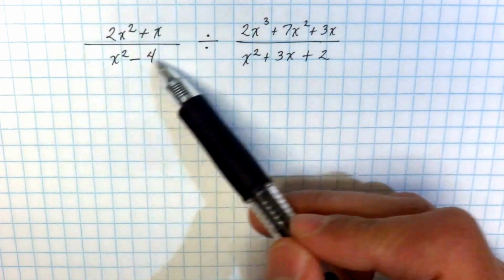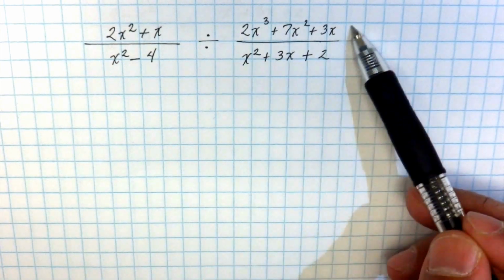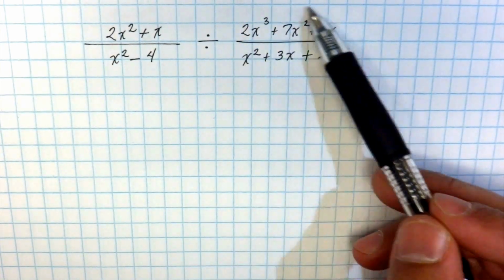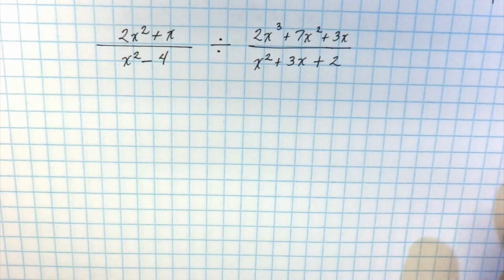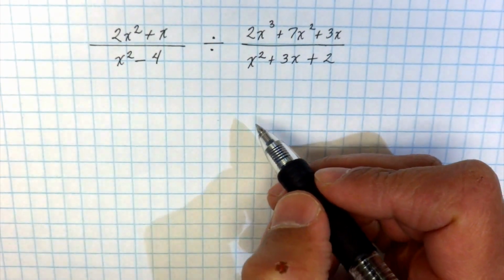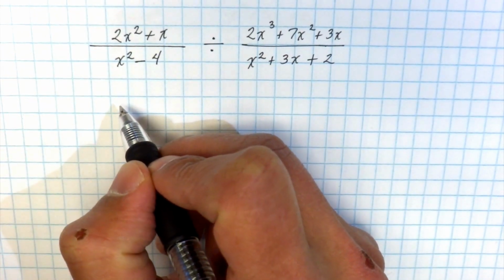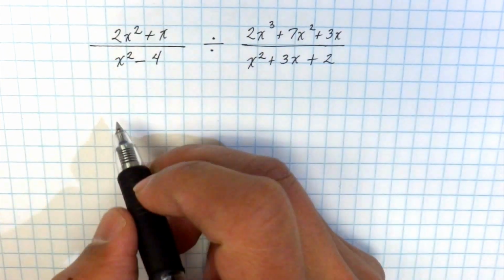So we're going to just keep the first fraction, change the division to multiplication, and then change this guy, we're going to do the reciprocal. Some students like to call it flip, but it's actually the reciprocal. In order to do that, we have to first factor,